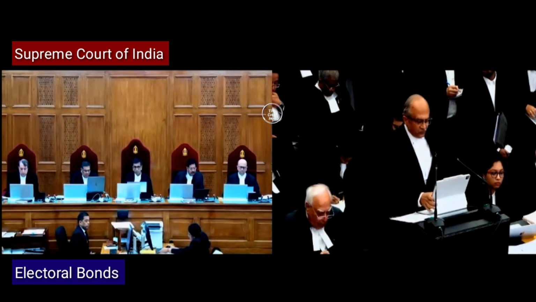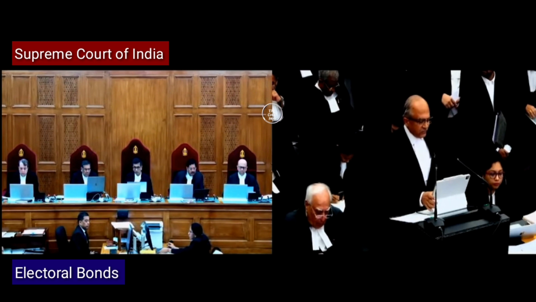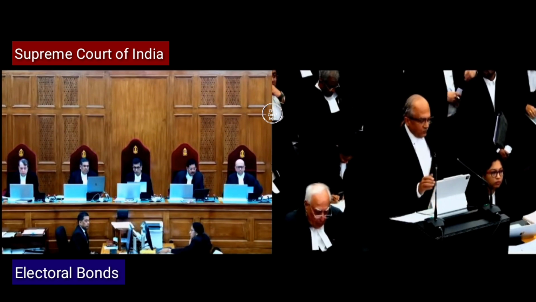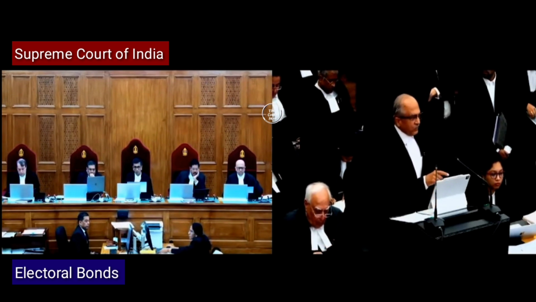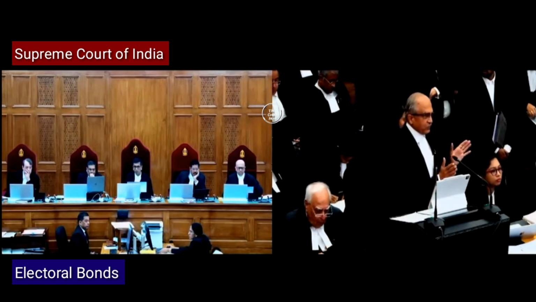At the bottom of page 10. And then, as I said, my lord, in the FCRA, which has also been challenged in this petition, now prior to the amendment of 2016, this is important for the reason that when I make my argument as to what